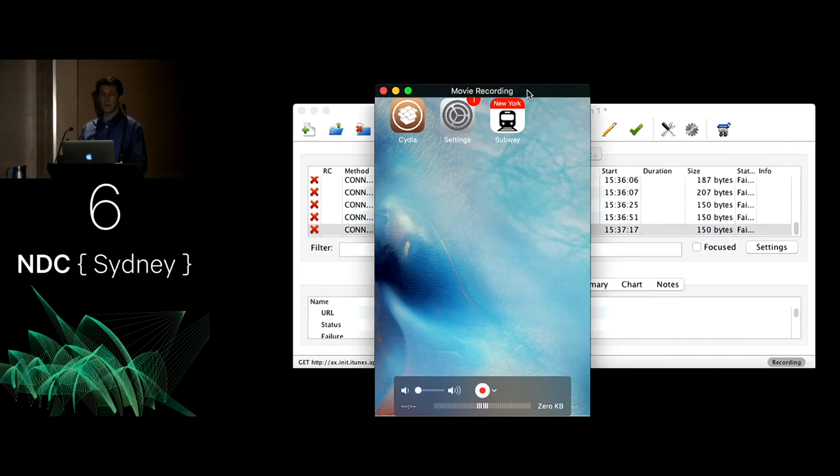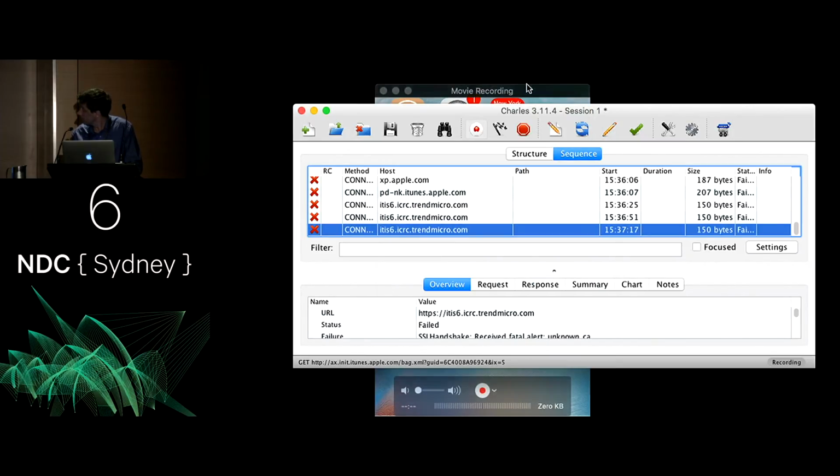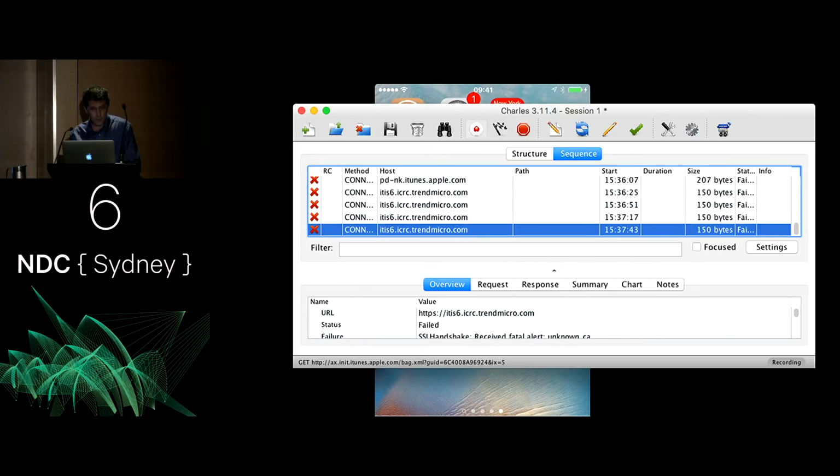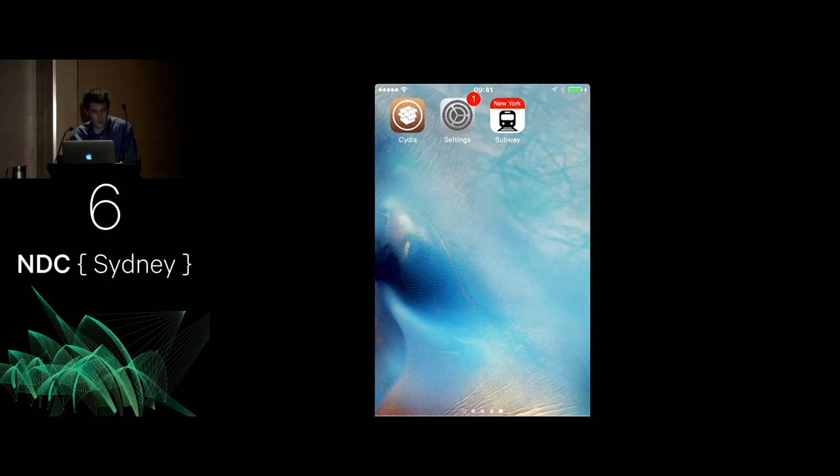I can send different responses back, which is all well and good, but what if the app's written by someone who knows a thing or two about security and it's all over HTTPS? Well, then we have to spend a little bit more time preparing things. I'm finding my pointer. There it is. Okay, this is one of the nice things about the Mac. The menus appear at the top of the screen, which we can't see.